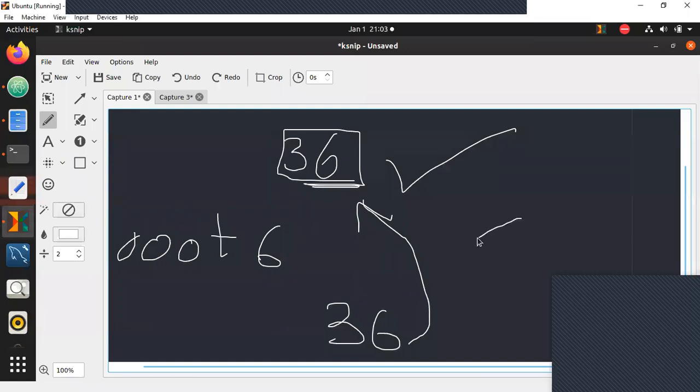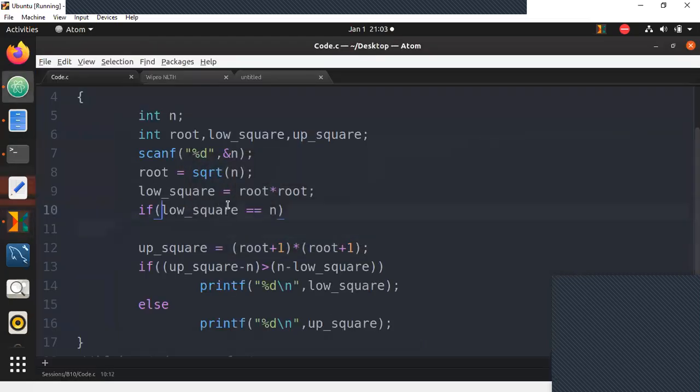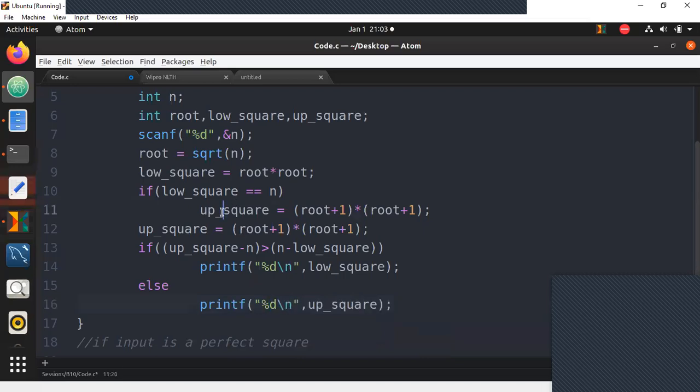As one of you stated exactly right, if the lower square itself is n, then instead of this, we just take low square equal to root minus 1 into root minus 1.